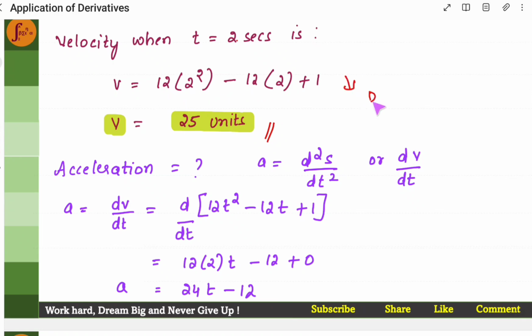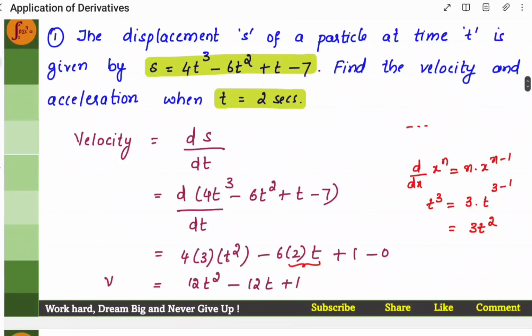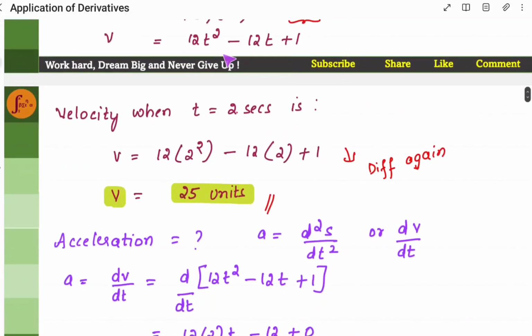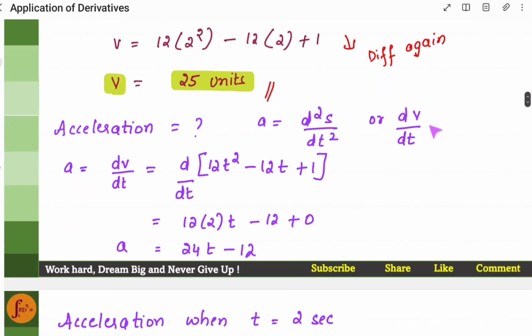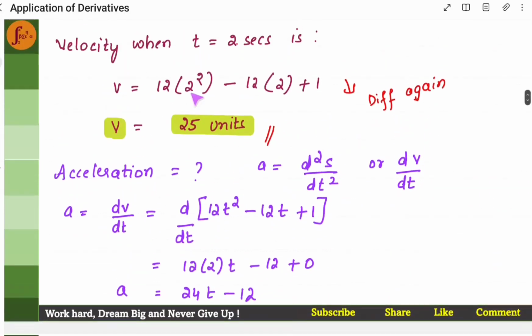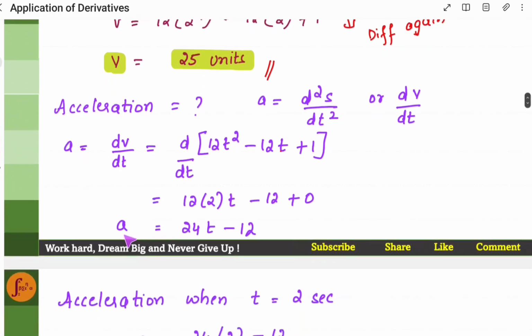When you differentiate this again, you will get acceleration. Okay, nothing but double differentiation of displacement, double differentiation of this equation, or you differentiate this velocity once. So if I differentiate velocity, so what did I get? This is the first derivative, first order derivative, right? So you substitute this 12t square minus 12t plus 1 here, differentiate this again, and you will get acceleration,